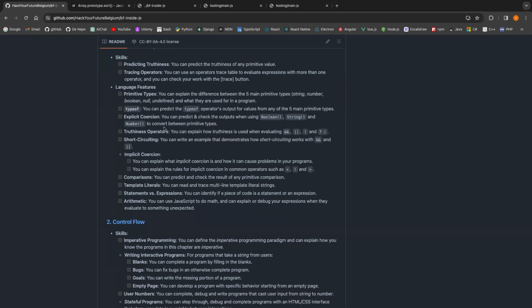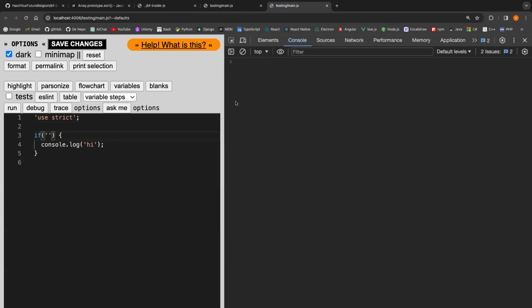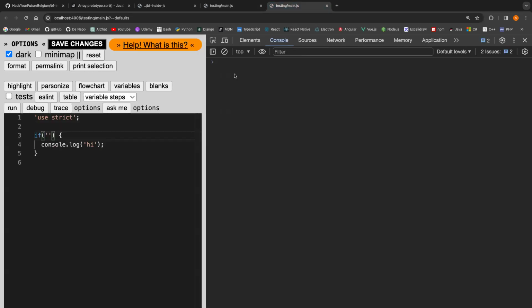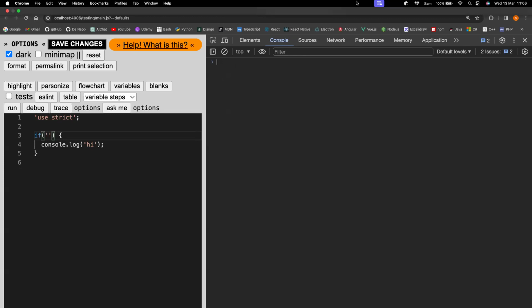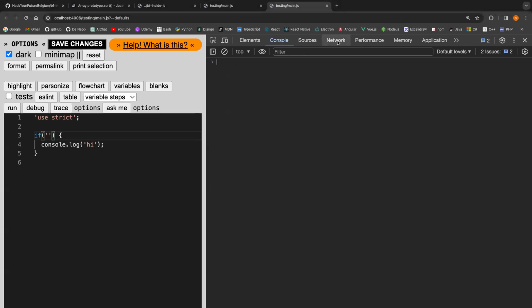Okay. Explicit and implicit coercion. Do you know what's the difference between explicit and implicit coercion? Can anyone tell me the difference? Come on, guys. In English, when I say explicitly do that, that means I want to do that. I need to do it with my hand explicitly. But implicitly, no. Convert to different data type. Yeah, for example,